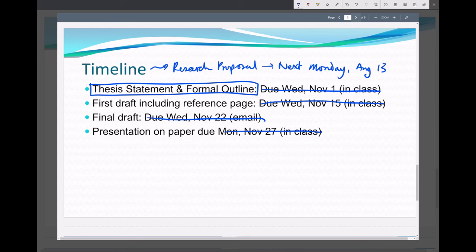Okay, before midnight. Your thesis statement and formal outline, you should have this probably before Friday, the 17th. And there's a quiz as well, but again, the sooner you build your thesis statement and outline, the sooner you can write this draft.